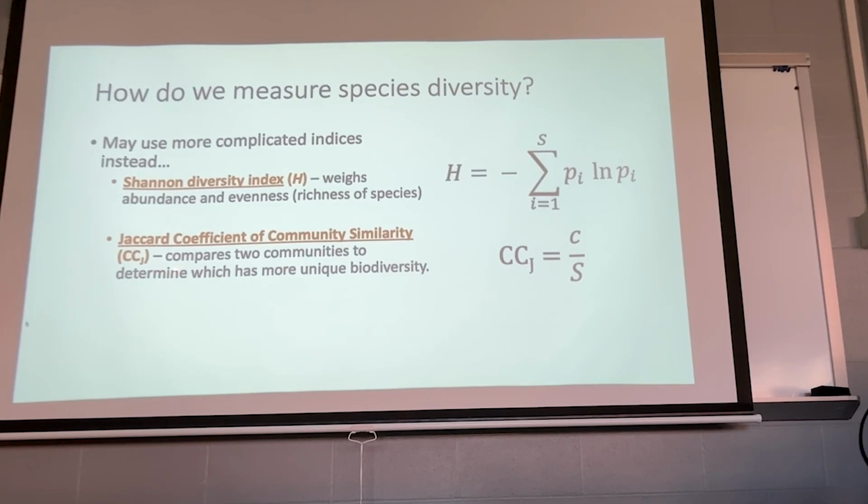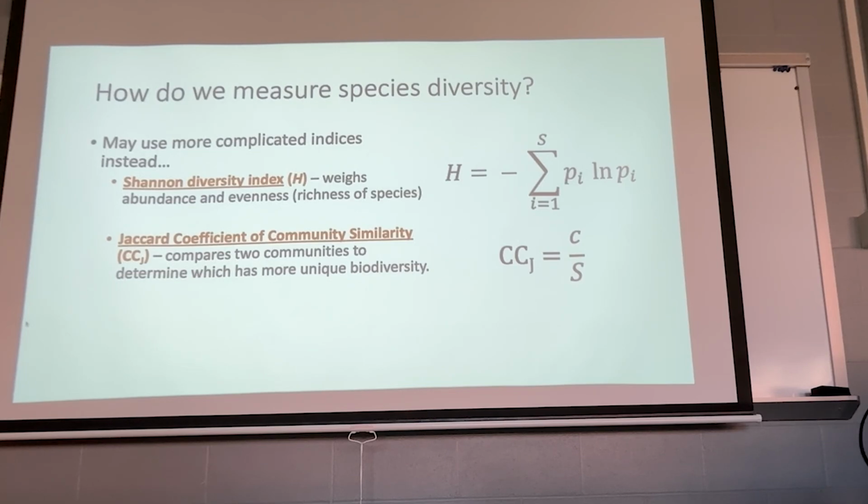Here are two ways you can do that. These are two very common ways you can measure or look at biodiversity. So the Shannon's diversity index weighs abundance versus evenness, right? And so, what the heck does that mean? Abundance is actually the number of a species. Do you have 100 of them, 1,000 of them, 10,000 of them? 2 of them, right? Evenness is how distributed species are as far as their abundance. So it gives you kind of an indirect measure of richness.